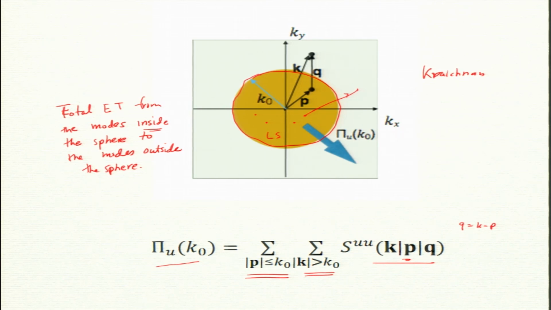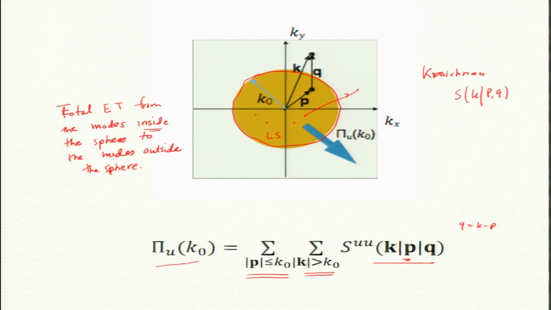And that is where Kraichnan had a problem, because in combined energy transfer it is S(k|p,q). So, both p and q give. So, if q is anywhere, then one does not know how to count them, whether it is in the giver zone or in the receiver zone, and that is precisely the difficulty. So, q is indeterminate, and that is where he had to account properly, and that is why the derivation is long.